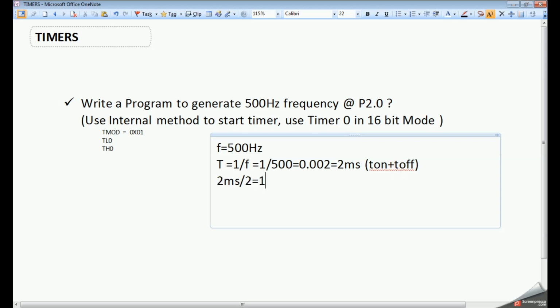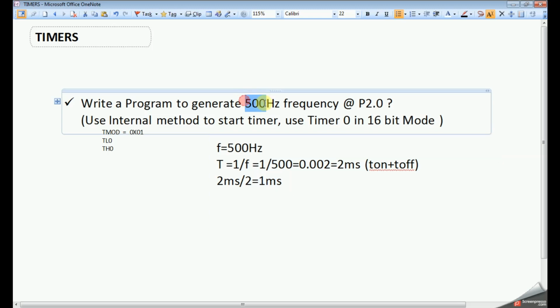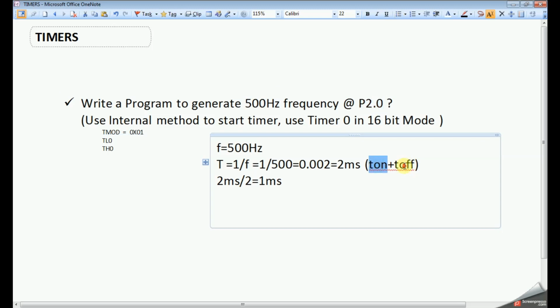So we'll get 1 millisecond. So we need to write logic for 1 millisecond to generate 50 Hz at port 2, 0th pin. For the next cycle, T on and T off will be continuously repeated with 1 millisecond, so that time period will be 2 millisecond.